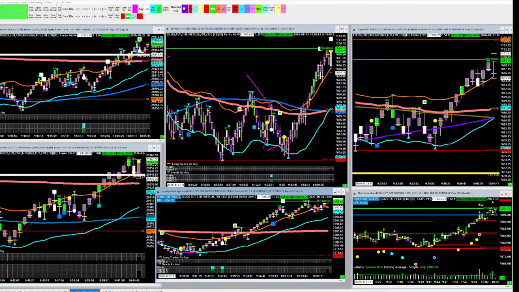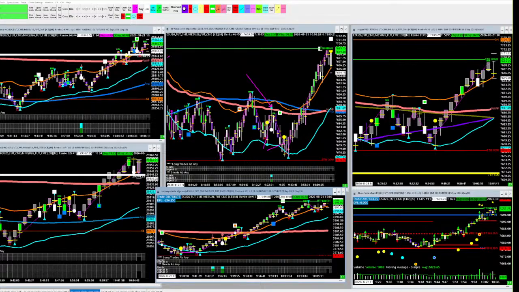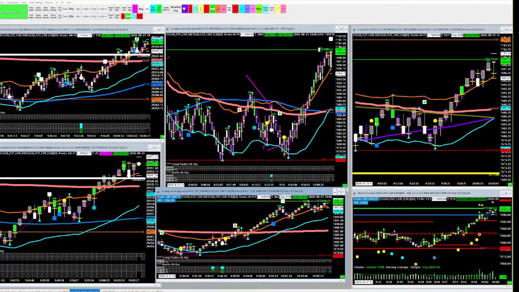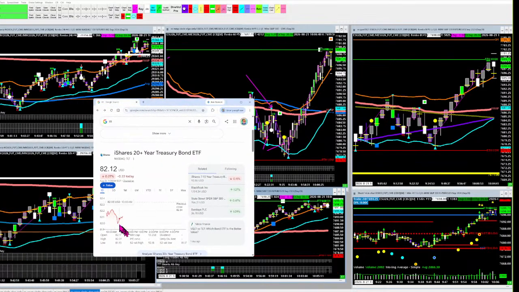Here, we can take a look. TLT is getting a pretty good V-shape, right? So if price is going up,